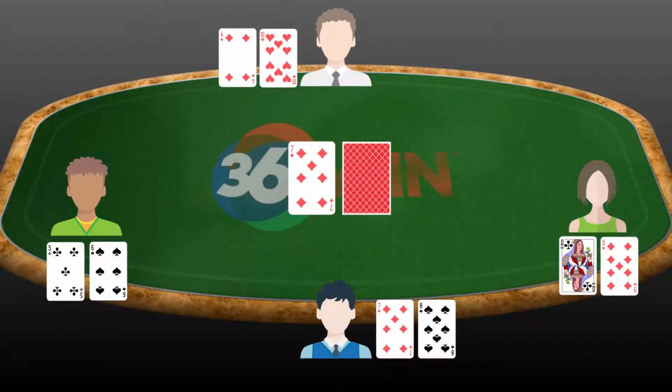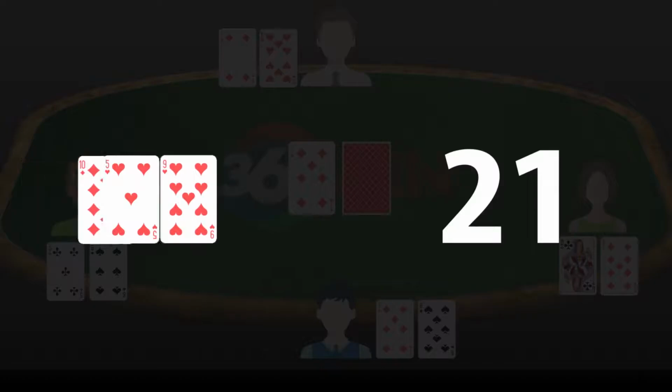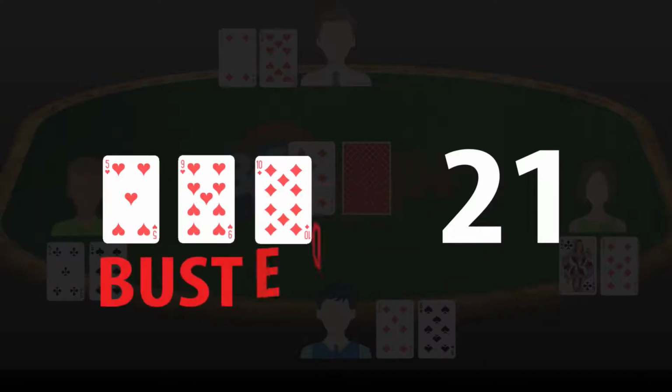You'll be able to see your 2 cards and one of the dealer's cards. Just as players took turns wagering, now they take turns playing their hand. The object of each hand is to get closer to 21 without going over. If you go over 21, you are considered busted and you will lose your wager no matter what happens to